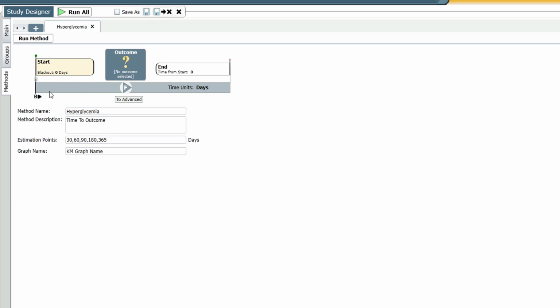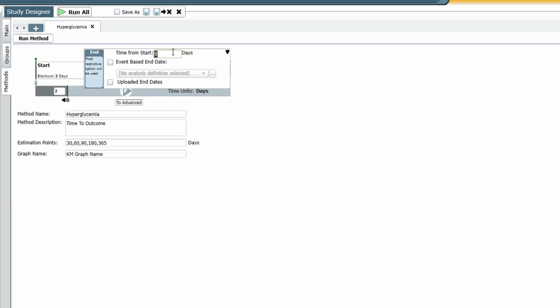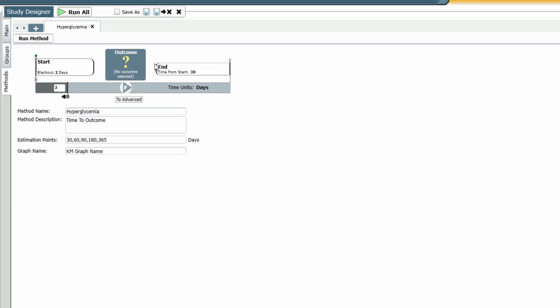We notice we have a start flag, going forward in time to the end flag, and an outcome. Let's set first a blackout period of 2 days because we want to give the patient enough time to fill his prescription and actually take the medication. So we don't want to measure anything in the first 2 days. We want to follow the patient for 30 days as his outcome. And now we have to define